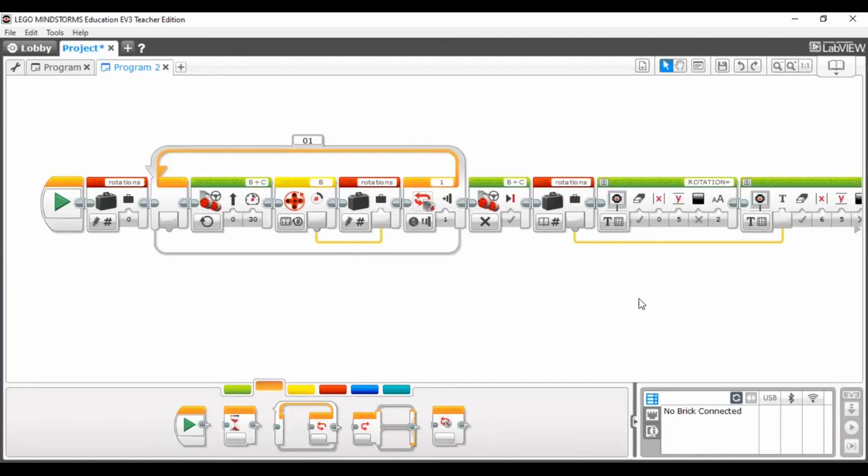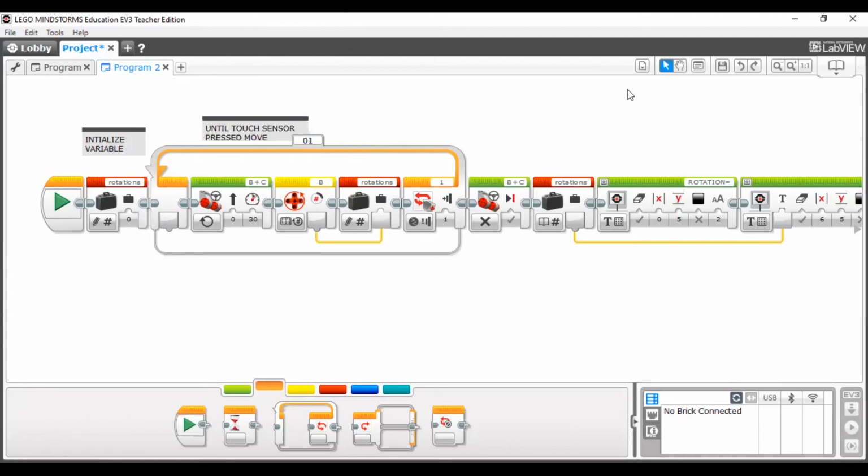If you want to understand it, you can add comment blocks simply for understanding purposes. So this is for initializing the variable, and here we are making it move until the touch sensor is pressed. Until the touch sensor is pressed, move.